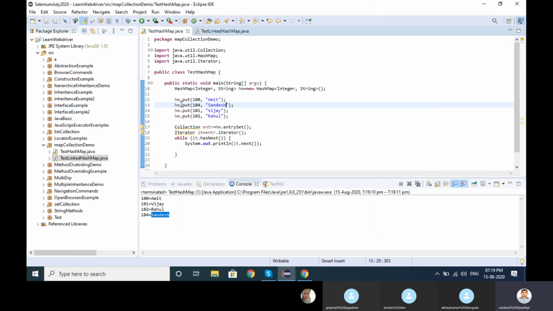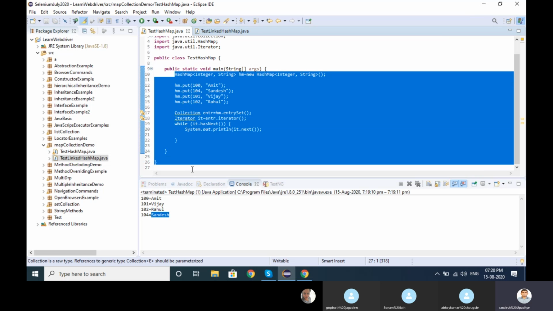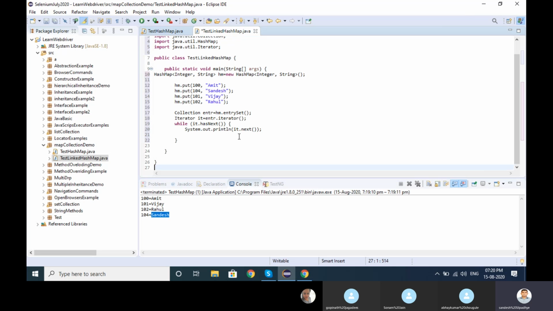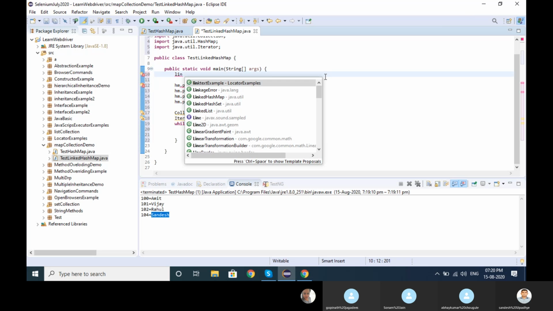It's similar, there is no difference. Even that, if I copy everything and put it here, and instead of the hash map, if I change it.